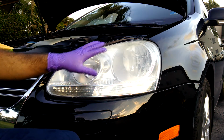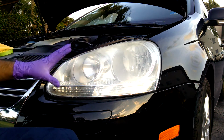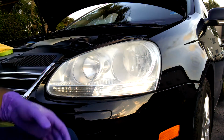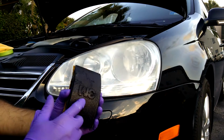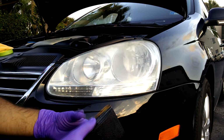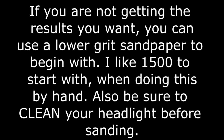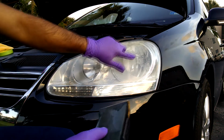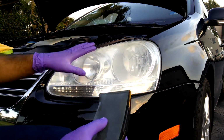Alright, so in this video I'm going to show you how to restore your headlights if you don't have a buffer. What you're going to need is a sanding block. I use this 3M sanding block and some 1500 grit sandpaper. This is pretty oxidized and you can see the clear coat is definitely failing, and 1500 will take care of